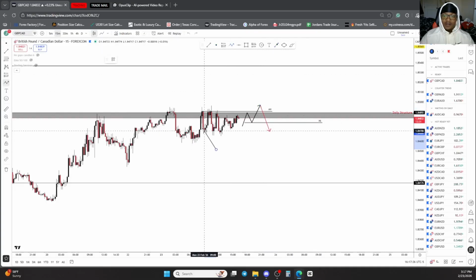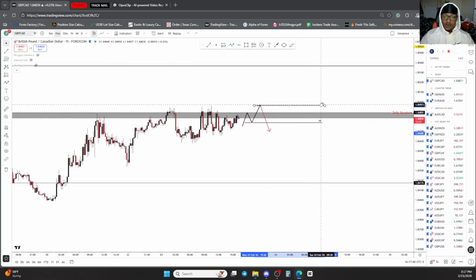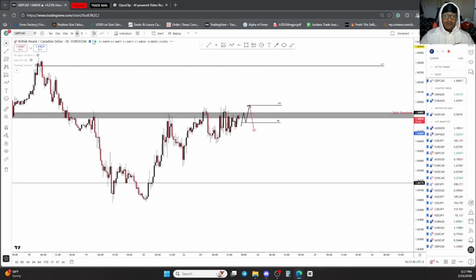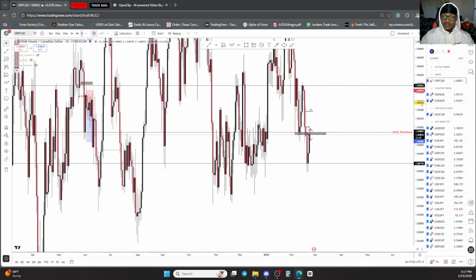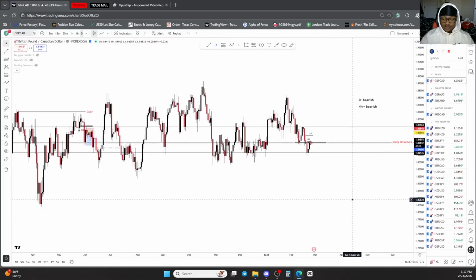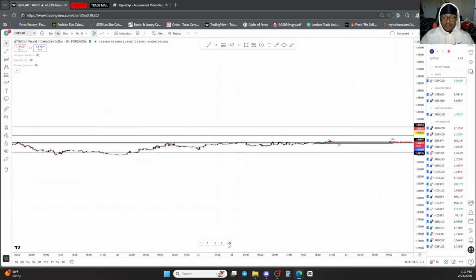Now we are at our entry zone. We're having a shift of structure on the 15-minute time frame, which will possibly leave us with that 30-minute bearish engulfing to then ride this trade towards our 4-hour lows being here. So everything looks really, really good. We're just now in a waiting position, because if we go back towards the 15-minute time frame